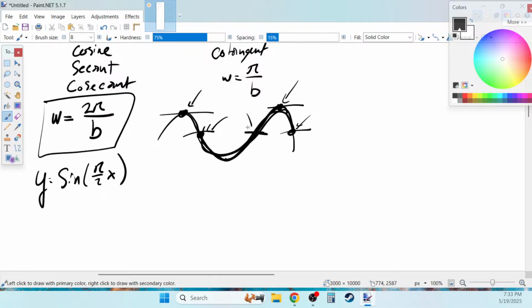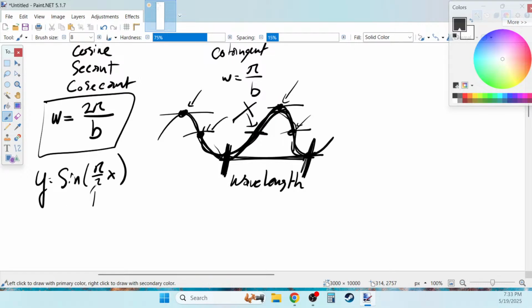Can't end halfway like this. This is bad. Or we could go from the bottom to the bottom. That's also fine. But the distance from here to here on the wave is called the wavelength. It is the length of the wave. It is how far it takes to go in an entire cycle of the wave. So the wavelength for this function, we take this value and plug it in there. The wavelength equals 2 pi over